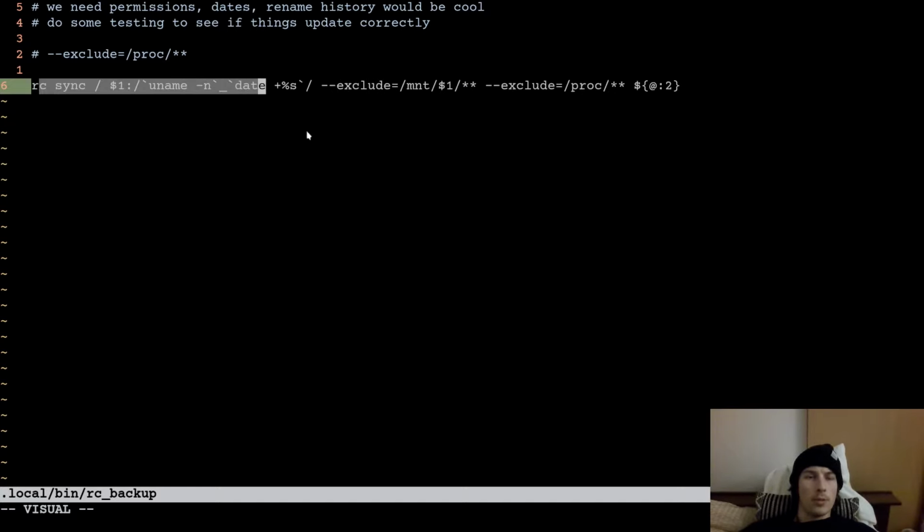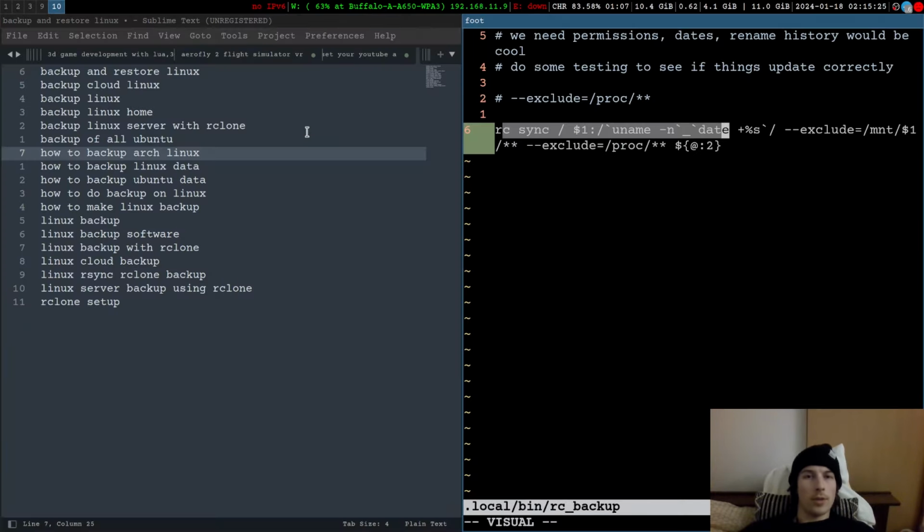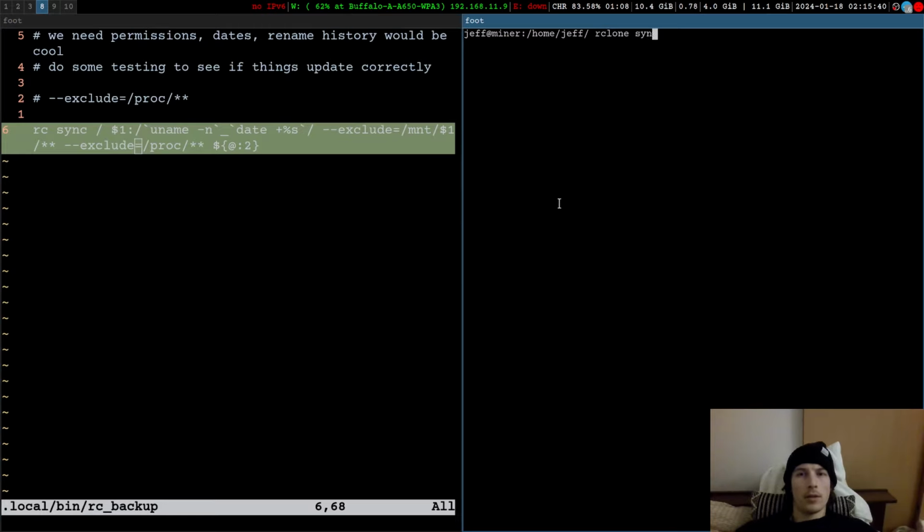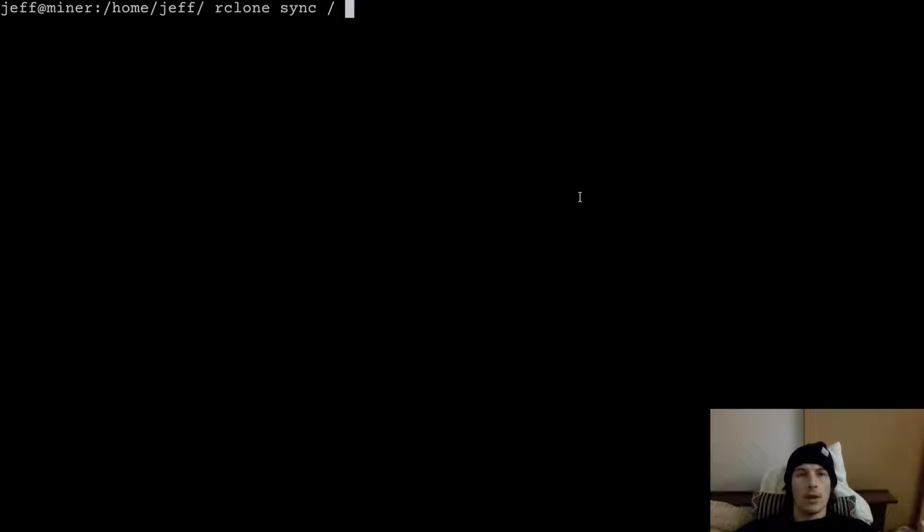I'll walk you through how to form this command. Assuming that you already have Rclone installed, basically all you want to do is run rclone sync. We take the root directory, and then we take our provider, for example Jota Cloud, and the path where we want to start syncing these files. Now this is very important, as the way sync works is essentially saying match. We want to match the contents of root on Jota Cloud to root on our own drive, and that means